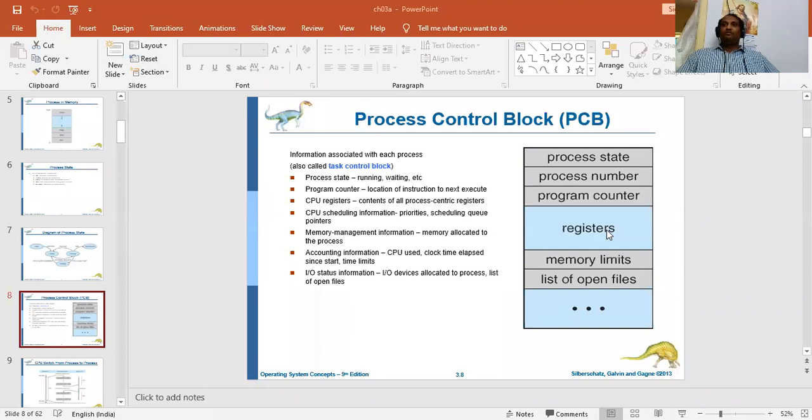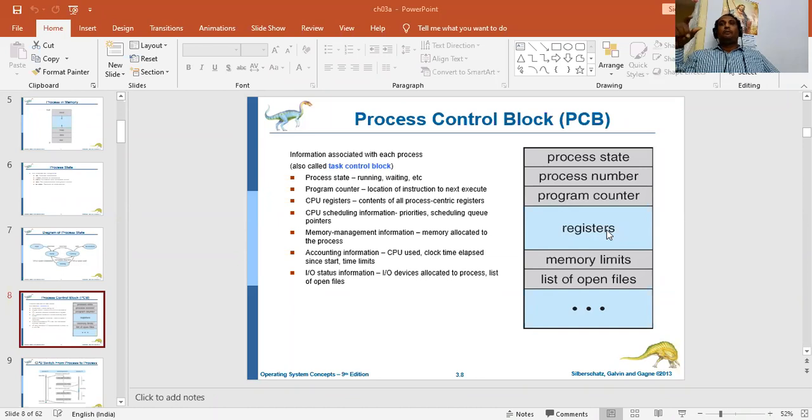Everybody knows, I believe, what RAM is. Random access memory. It will store things temporarily, whatever program is getting executed. Now, when we come to something like a register, when the program is getting executed, apart from the RAM, every processor also has an internal memory. RAM is what we have external to the processor.